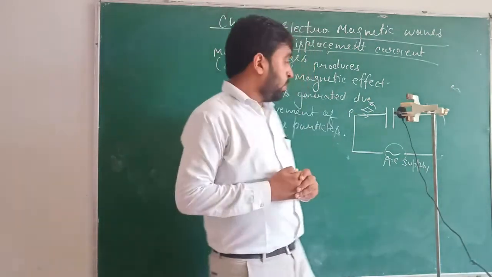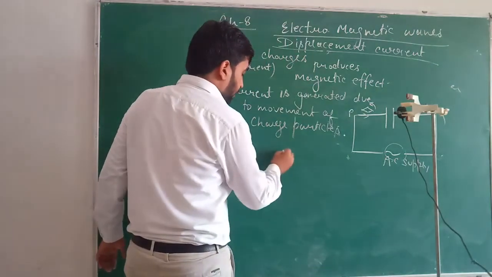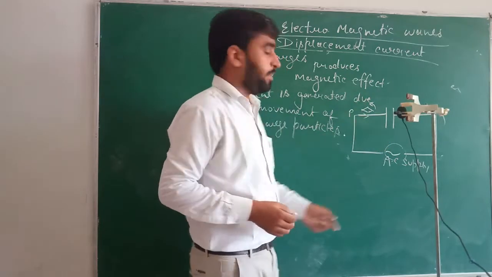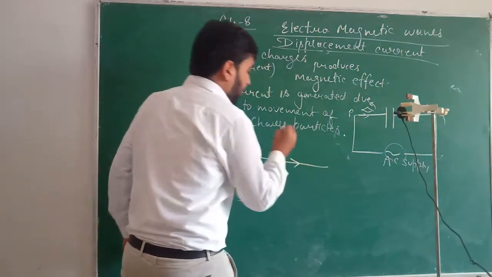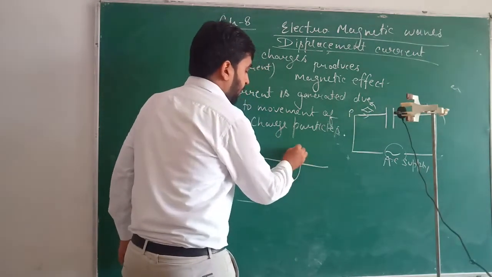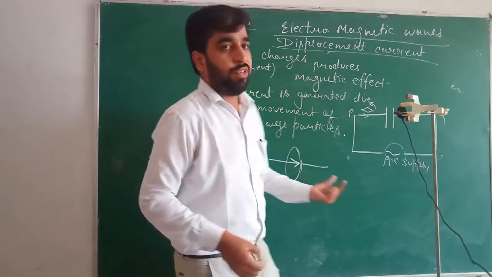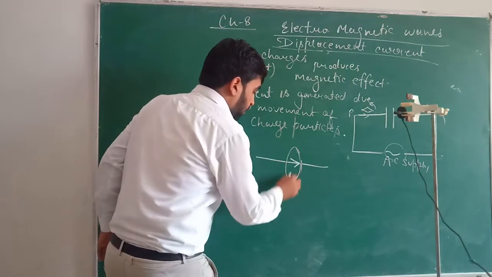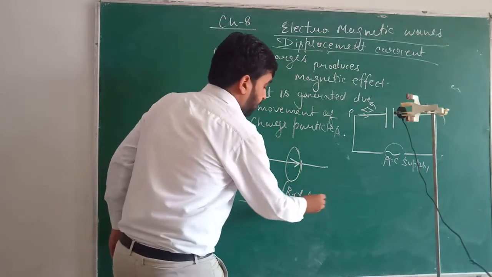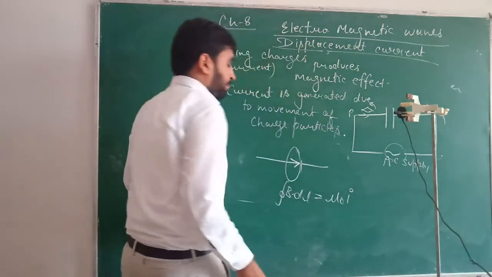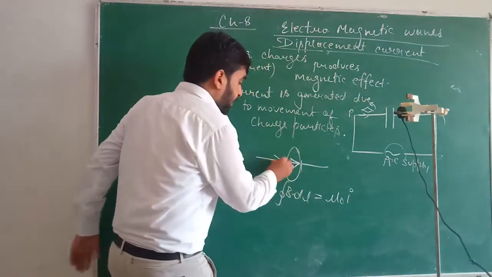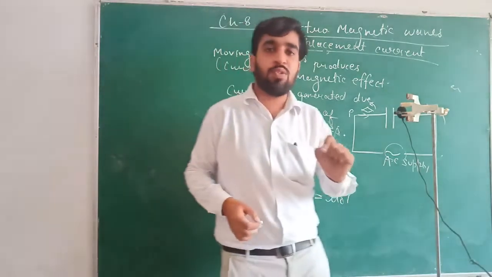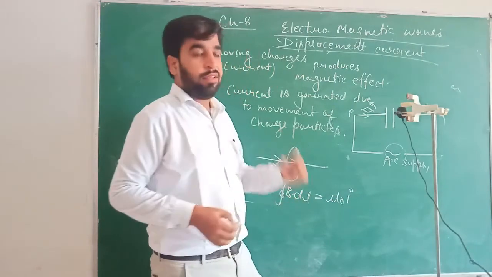So what does it show? How can we come to any conclusion? There is a deflection in the needle. It means current is present here. Suppose current is moving like this, and by the law which you have all already studied, Ampere's law, the closed integral of B dot dl, the magnetic field, is equal to mu naught times the current. That's correct, because current is threading through this loop, so there is a closed loop and a magnetic field will be present. That's very fine.